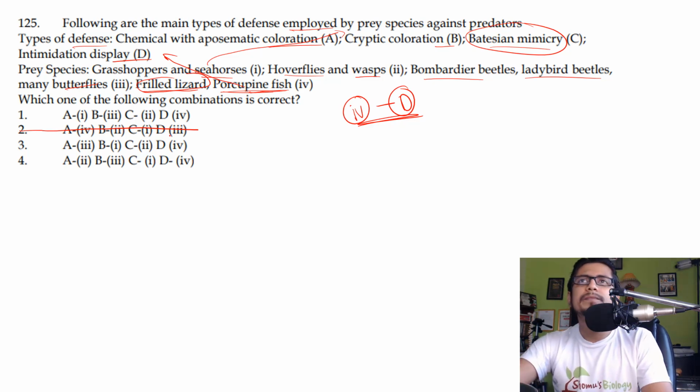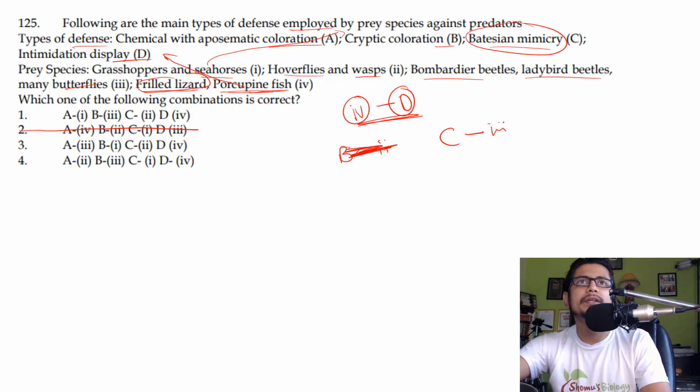So for that reason, B will be 2, C will be 2. So this is A, B, C, but C will be with 3. Grasshopper, wasps. Think about butterflies, which is 3, and that is